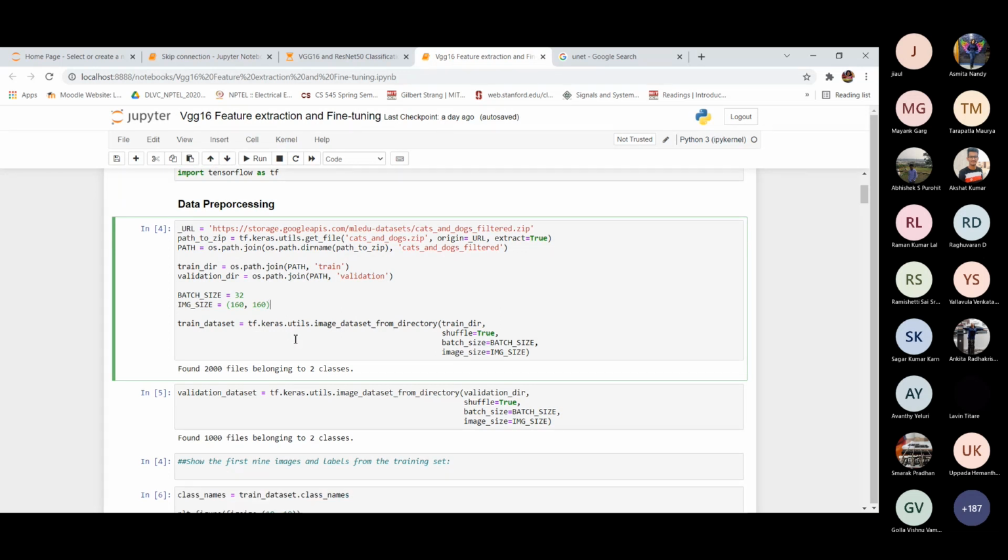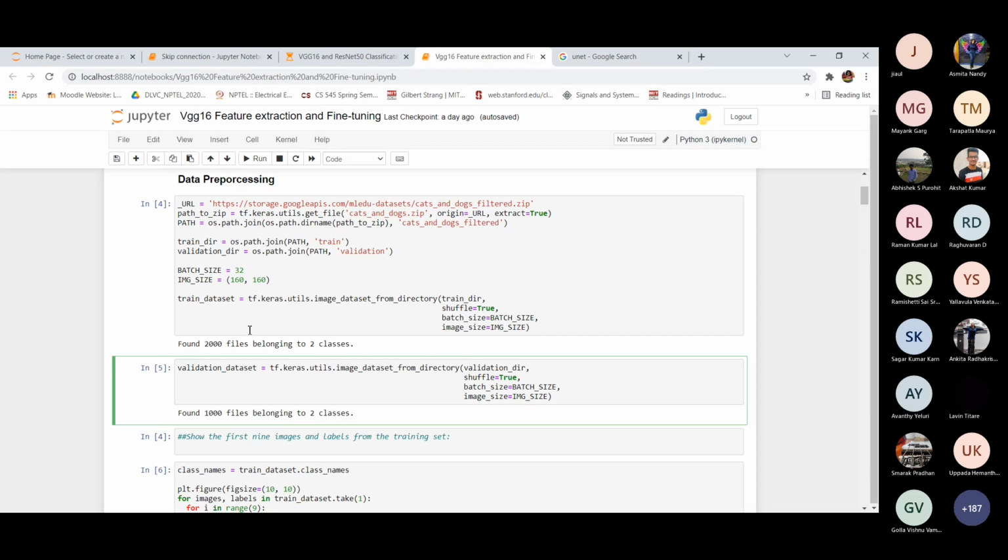Here we are creating the training dataset using the training data loader, and we do the same for validation also.